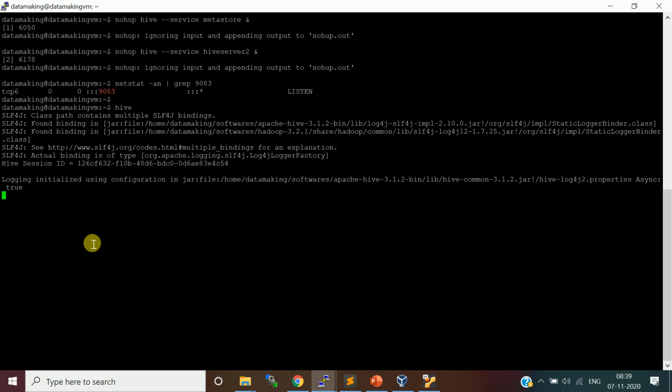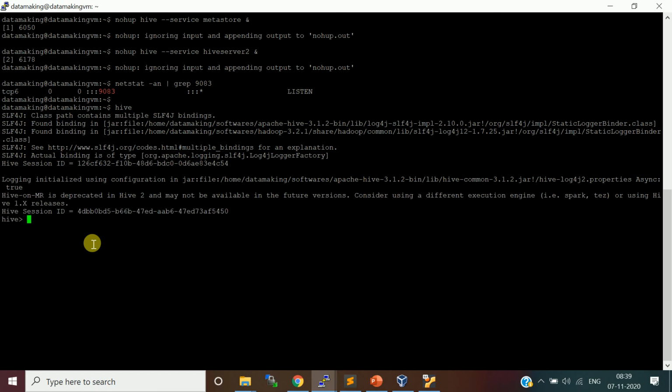By default it is going to use Hive queries, and when you run Hive queries, it generates a MapReduce job and runs it for the processing. That's what it says: Hive on MapReduce is deprecated in 2.0 and may not be available in future versions. For now, it is coming.